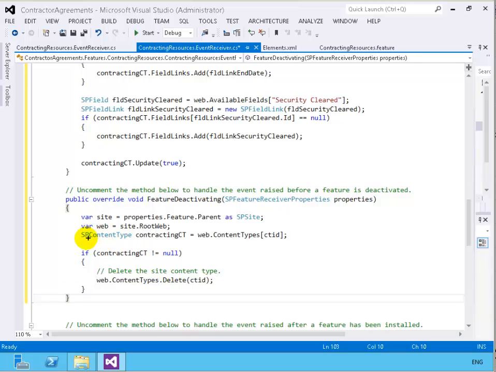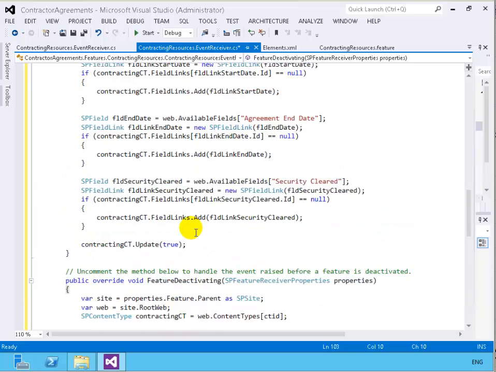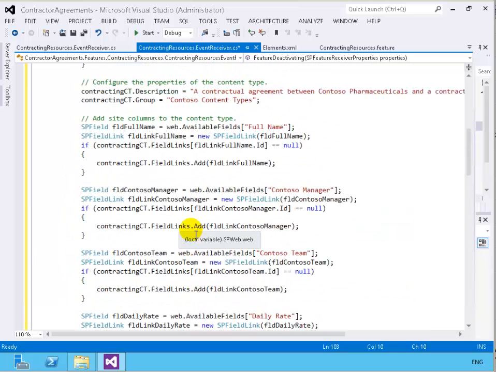Okay, again, we're trying to find that content type ID. And if we find it, we're going to go ahead and delete it. Obviously, if somebody else deleted the content type before we did, we don't want to throw an exception, so we put in the safety code to make sure the content type is still there before we try to delete it from the web.ContentTypes collection. Alright, so that's the event receiver, and that code runs